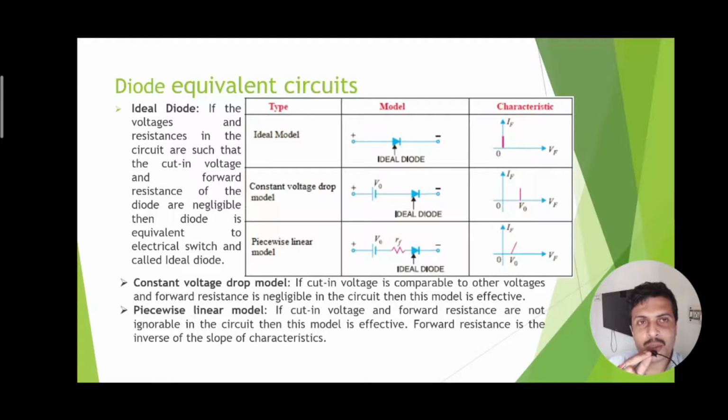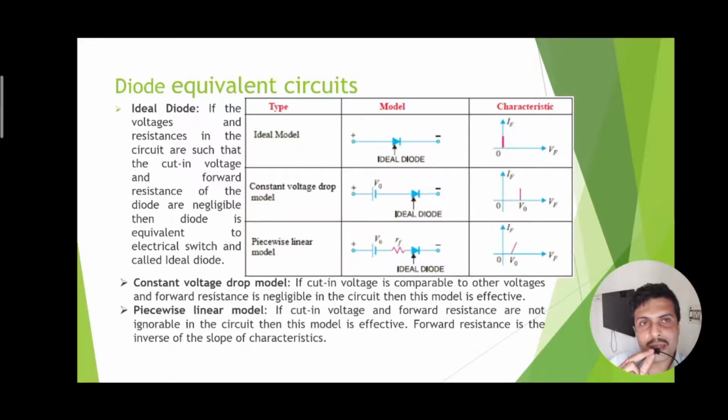So why has the DC voltage source been shown? Because the DC voltage source shows the cut-in voltage for the diode, and in the characteristics it is showing that whenever VF reaches that cut-in voltage V0, thereafter current starts to rise abruptly with a vertical red line segment. So this means that whenever a circuit in which the diode is applied has voltages comparable with the cut-in voltage, then the cut-in voltage cannot be ignored. So that is why V0 comes into the picture.